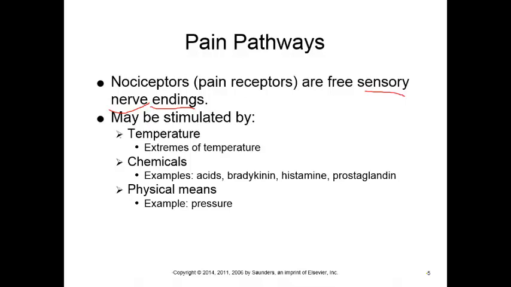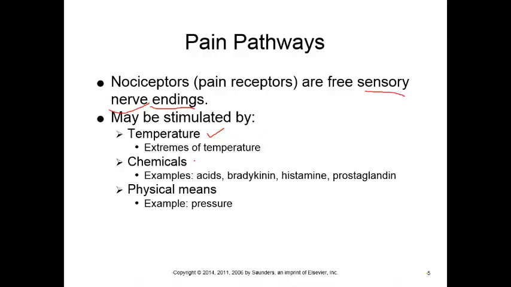Some things that stimulate pain pathways are temperature. So, extremes of temperature: pretty much anywhere above 40 degrees Celsius and below 10 degrees Celsius. And if you know the human body is about 37 degrees, anything above that's going to be painful. That's why something really cold feels almost like it's burning you, because it's not really technically burning you, you just feel the pain receptors due to temperature. So you really associate extreme temperatures, they both feel about the same because they both stimulate those pain receptors and we get the same response.